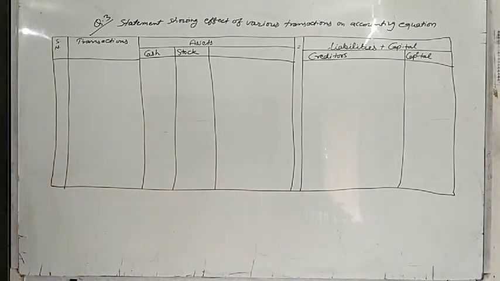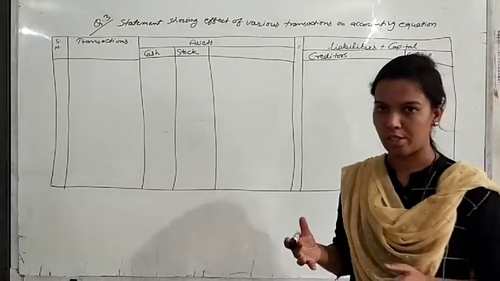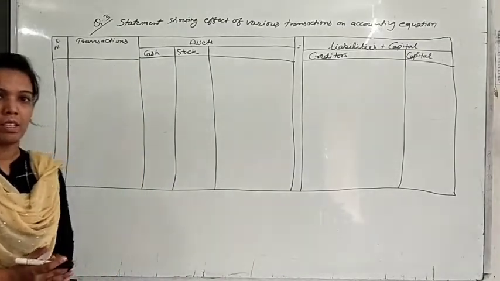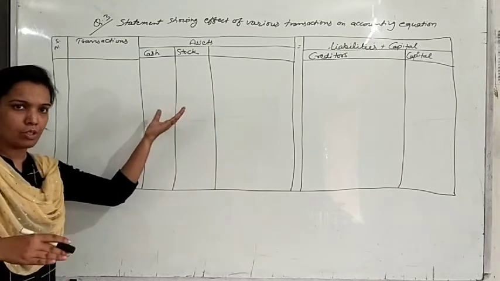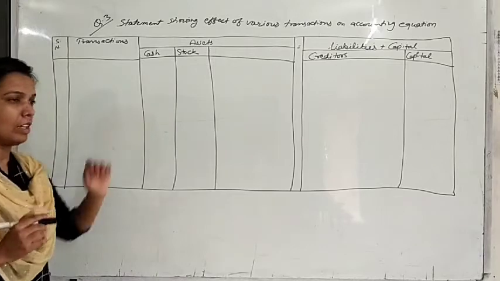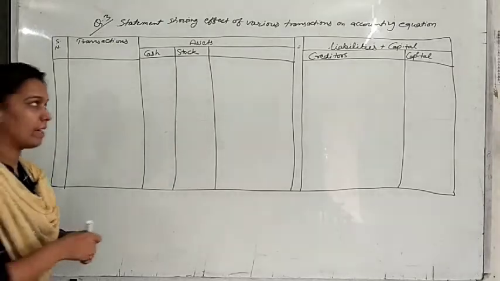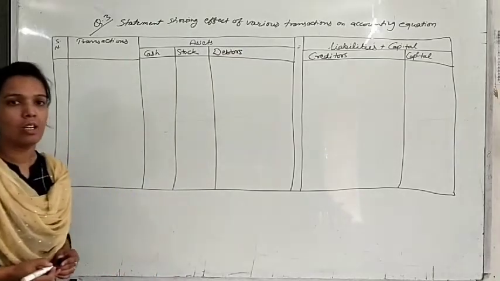Next transaction, sold goods for cash costing rupees 40,000 at a profit of 20% and on credit costing 72,000 at a profit of 25%. What is the meaning of this transaction? That you are selling goods to your customers, and you are selling both types, cash sale and credit sale. So when you are doing a cash sale, 2 accounts will be affected, that is cash and stock, because your stock will be reduced and cash will be increased. Okay, but if you are selling on credit, in that condition stock will be reduced but your debtors will increase. Debtors are the persons to whom we are selling goods on credit.